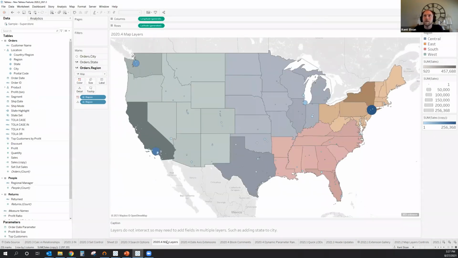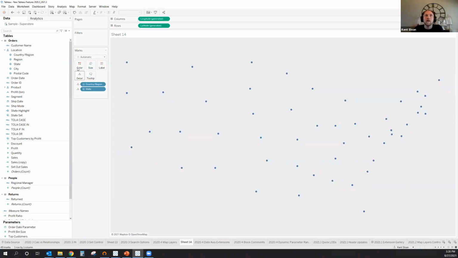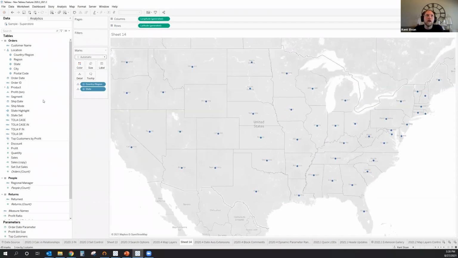So map layers, here's an example. The idea is now I have each layer gets its own separate marks card, where in the past you would have a single marks card for the map. So now I can have bubbles for a city. I've got states that are color coded here, and I have regions have a color breakout. So that's showing it kind of with multiple layers in place. So to show how that actually works, or what we have here would be if I drag state to detail, so that triggers my kind of standard filled map.